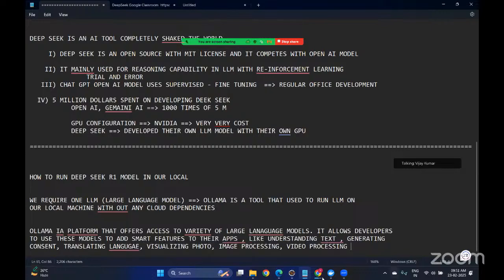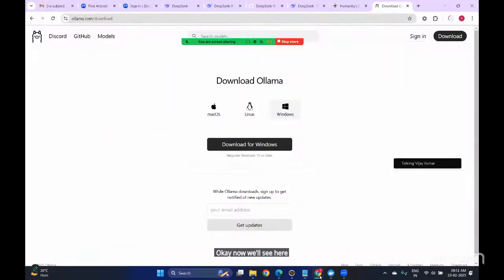Okay, now we'll see here. My God, why is it taking this much time? Ideally, it will not take this much time, but kindly bear with me. Yes, once this Ollama is integrated,